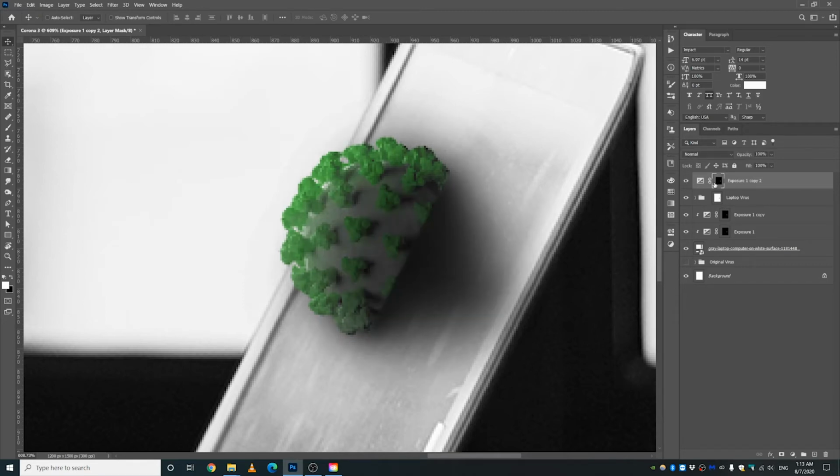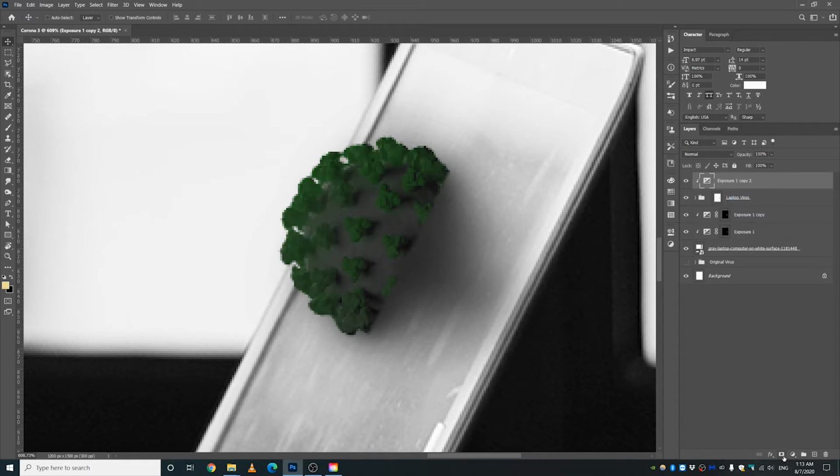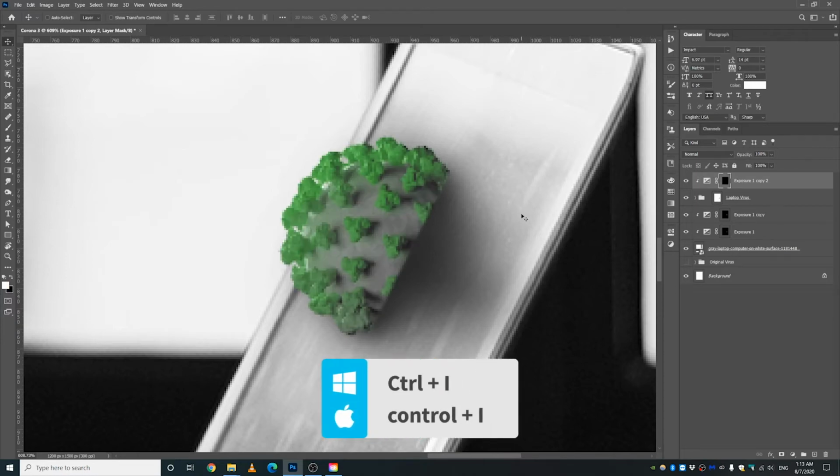But we can fix that. We are going to clip it to the laptop virus layer, and you know what, let's delete this layer mask and create another layer mask and press Ctrl I,